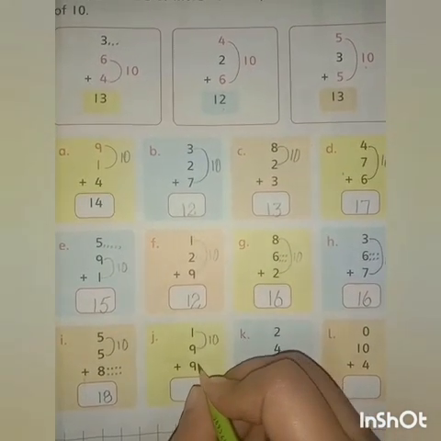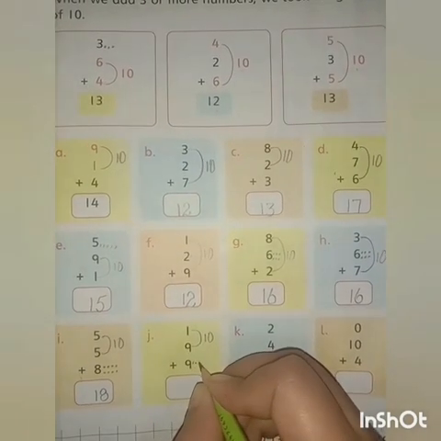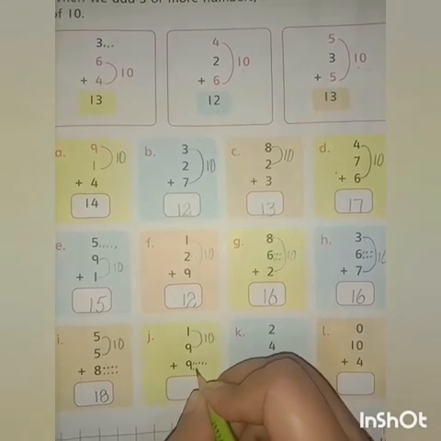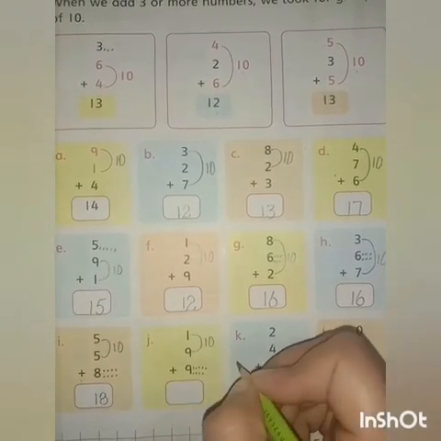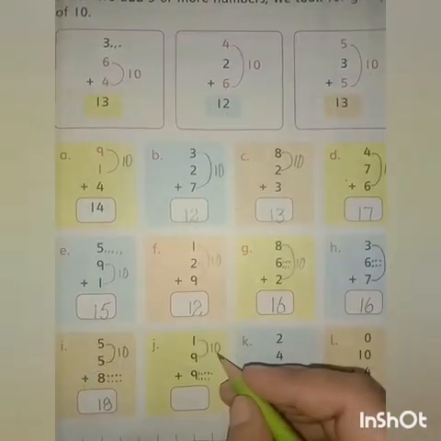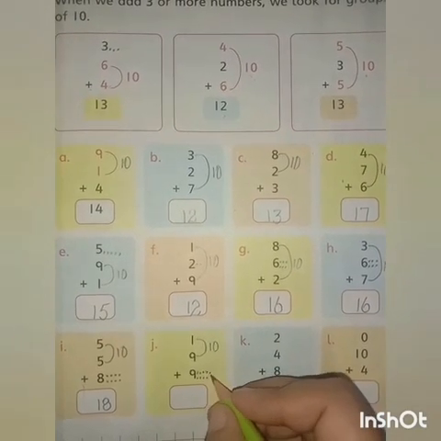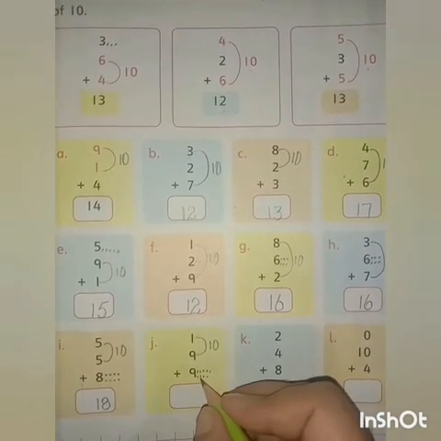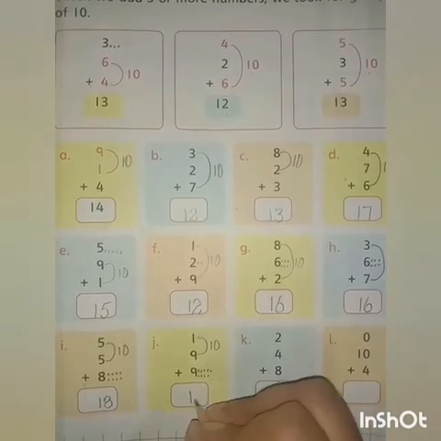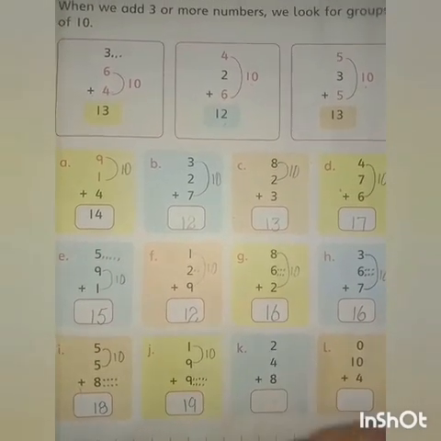For this, we have to point 9 little bit dots on the back of 9. 1, 2, 3, 4, 5, 6, 7, 8 and 9. Now count towards 10 and add 9 in it. 10, 11, 12, 13, 14, 15, 16, 17, 18 and 19. Here we got our answer and the answer is 19. In 19, we have 1 tens and 9 ones.